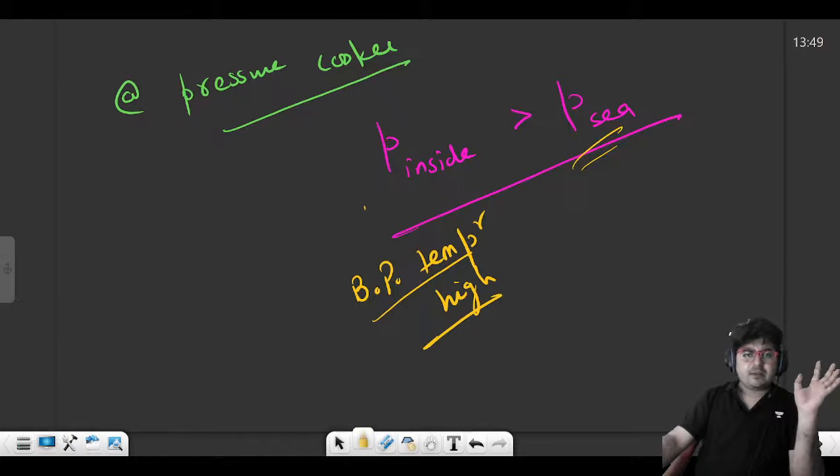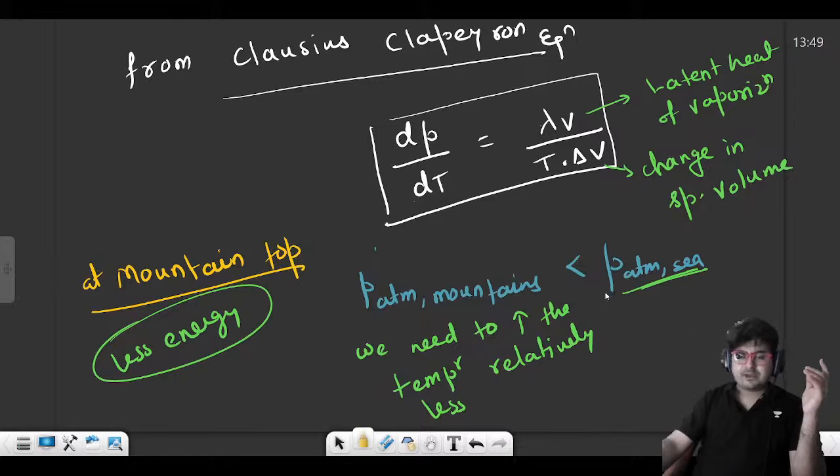ठीक है, तो ये हमारा बॉइलिंग पॉइंट टेम्परेचर की बात हो गई माउंटेन के केस में और प्रेशर कुकर्स के केस में, कैसे वो चीज़ों को अफेक्ट करते हैं और वाई माउंटेन टॉप्स पे हमारा बॉइलिंग लो टेम्परेचर पे और प्रेशर कुकर में हाई टेम्परेचर पर होता है। ठीक है, दिस इज द रीजन, क्योंकि माउंटेन्स पर जो हमारा प्रेशर है वो कम है, तो हमें कम टेम्परेचर